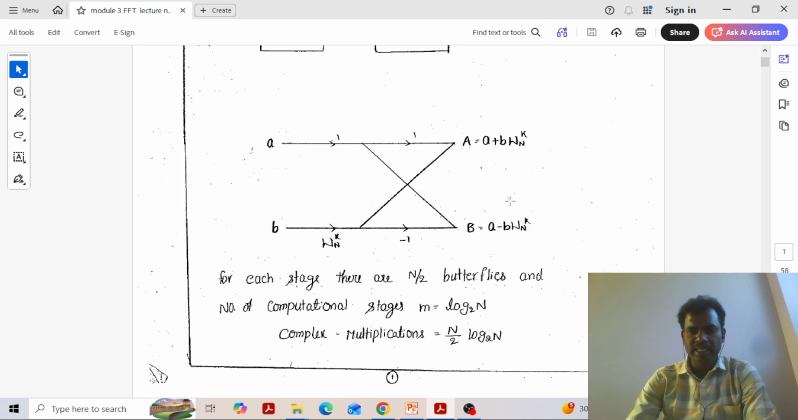And we perform addition 2 times. As it is addition, we multiply this input with -1, so it is just a sign change and it is added. It is not a subtraction operation, it is addition, because here it is already multiplied with -1 and hence it becomes minus b w n for k. This dot combining point indicates addition only. Okay. So next, if you see the 4-point DFT,